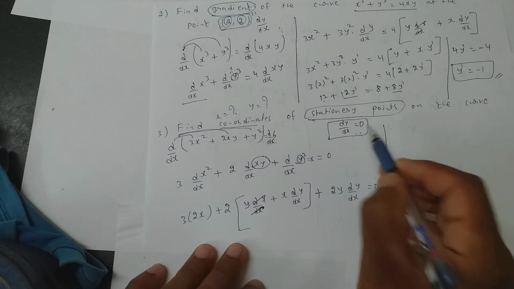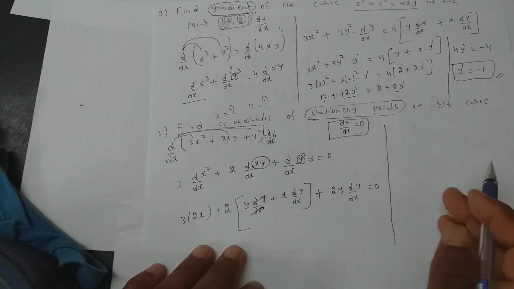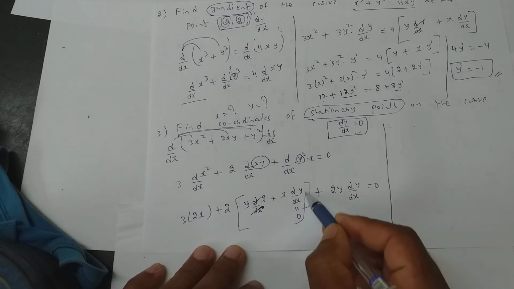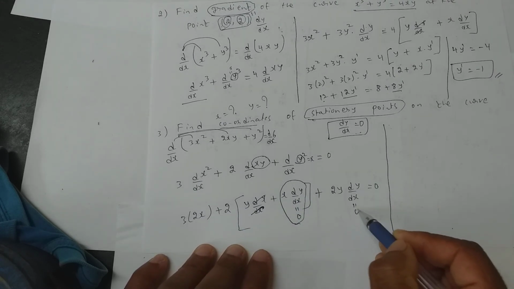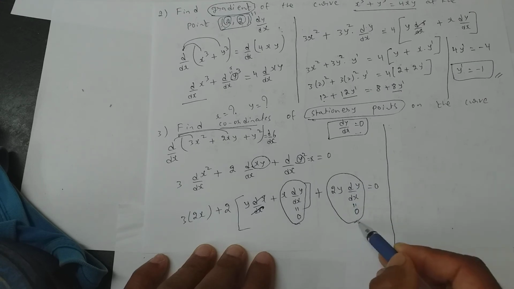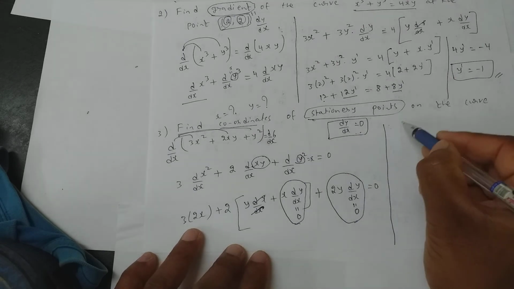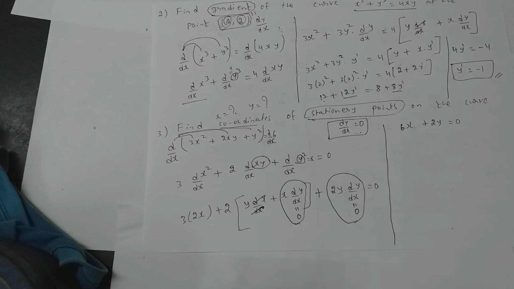So students, remember, smart. So what I do is directly I will put in place of dy by dx 0. So here I will put 0. So this entire term is gone. 0 into anything is 0. Same thing here I put 0. So this entire is gone. Clear? Yes. So what is remaining now? Here it is 6x plus 2y equal to 0 is remaining. Still I didn't get the value of x. I need to do further more. So what will I do?